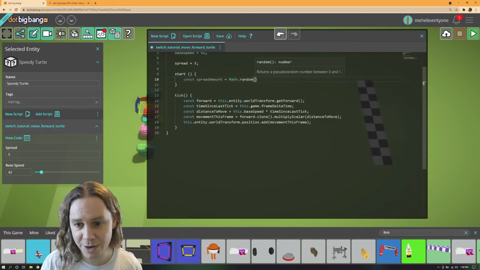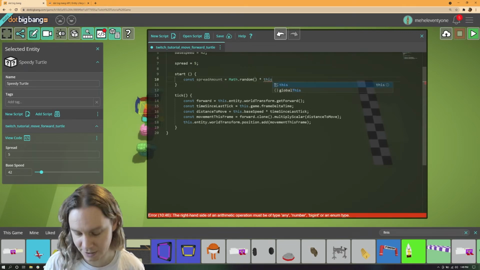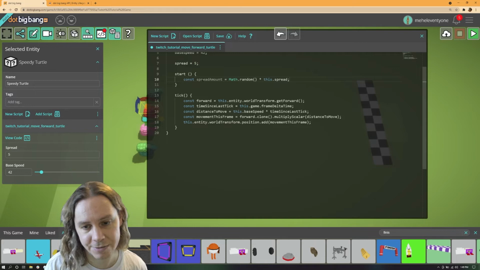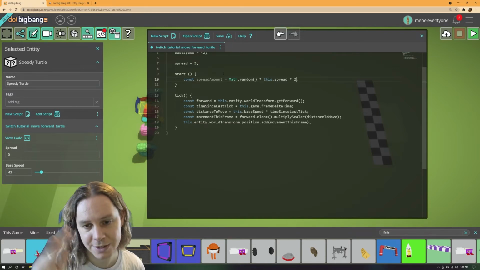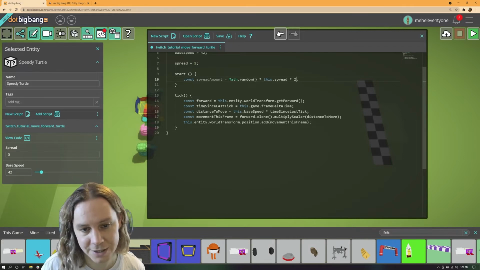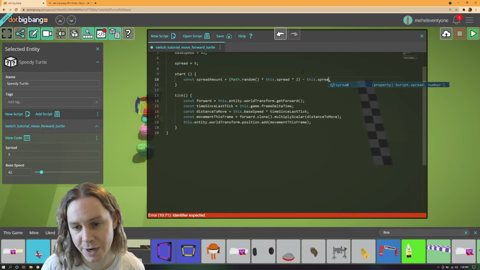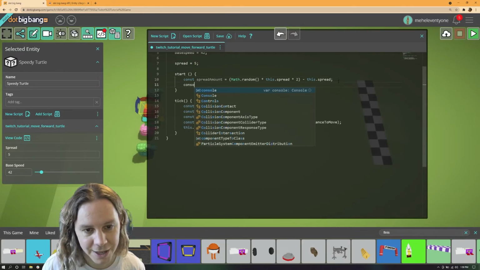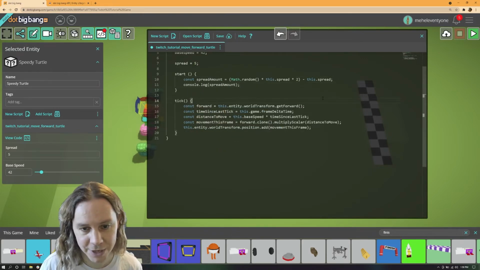And it returns a pseudo-random number between 0 and 1. I'm going to multiply that by our spread. So that gives us a number between 0 and 5. And then we're going to multiply that by 2 because we want it to go either side. And then we're going to chuck all of that in brackets just so that it gets done first. And then we're going to take away this dot spread. And what we're going to do is just log out the spread amount